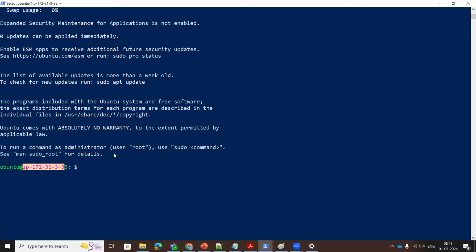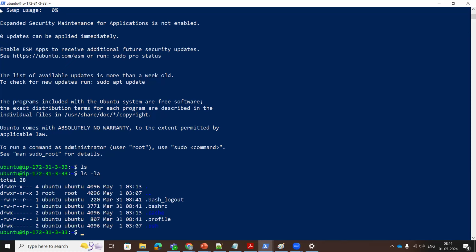So we created one instance, and we are able to connect to that instance using our Windows machine. So let's see. I am typing the ls command, and there is nothing at this point, no files are available. If I want to see the hidden files, then I can type ls -la. So here you can see